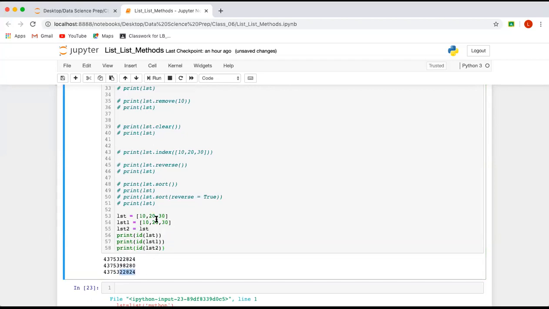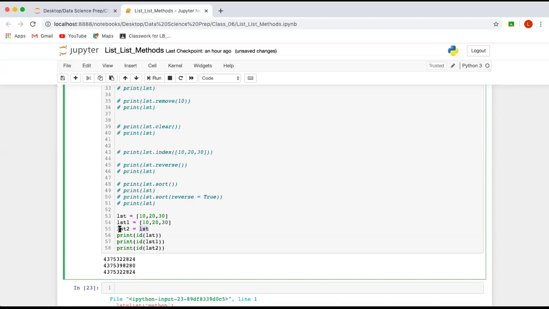So see, in the case of list, if you are creating a similar list and assigning it to two different variables this way, then the ID will be different. Remember this. But if you are using this operation, this is called assignment operation. If you are assigning an existing list to a different variable, then the ID will be similar to the previous ID.